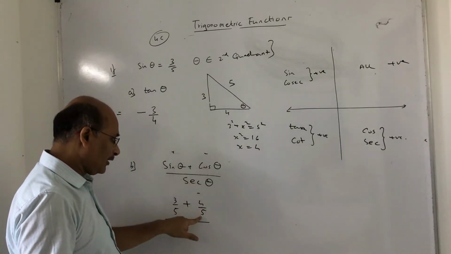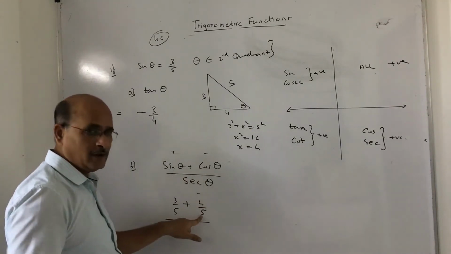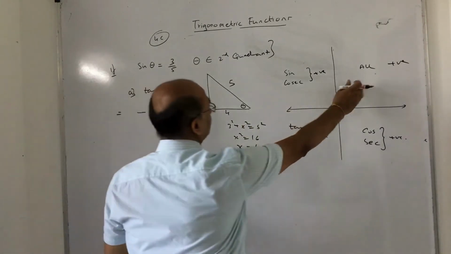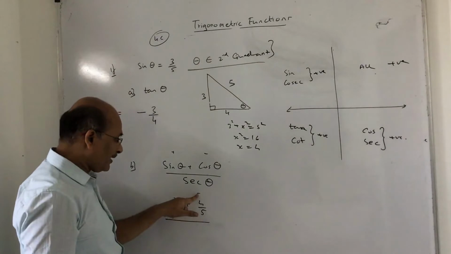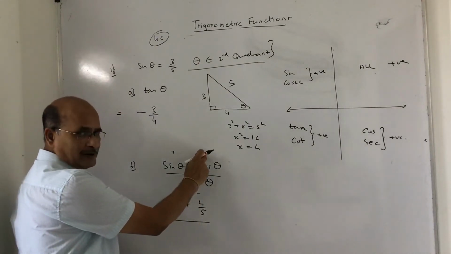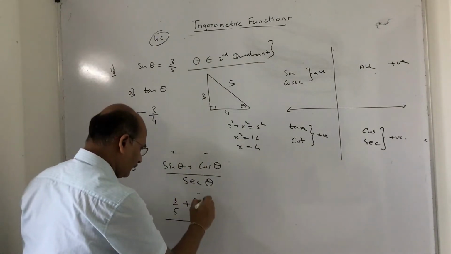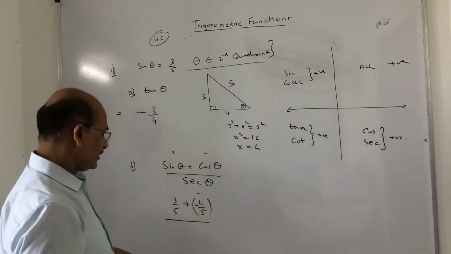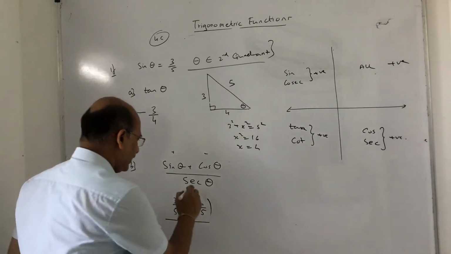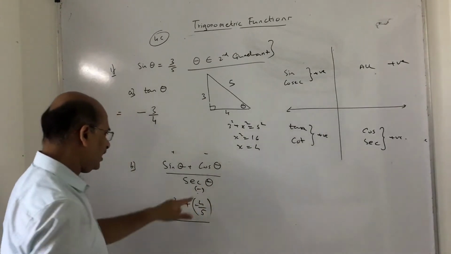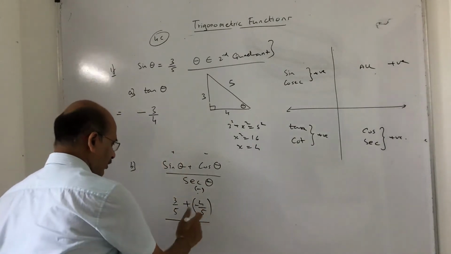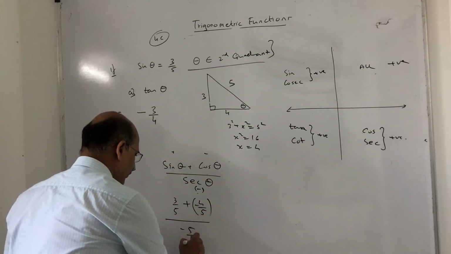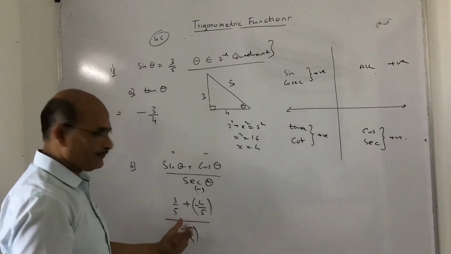If I write cos theta as 4 by 5, that means cos theta is positive. But cos theta is positive in which quadrant? Theta is given where? It is lying in the second quadrant, so cos will be negative. That's why I put this sign. Negative or positive? Negative. So you will put minus 4 by 5. Sec theta is also negative, so I'll put the sign across sec theta here. Sec is the reverse of cos, so the reverse of cos is nothing but minus 5 upon 4. Just to simplify this out.